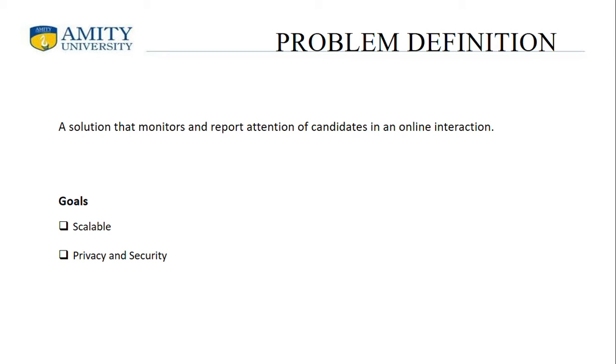Privacy and security. We are all aware of the backlash Zoom faced recently due to privacy and security issues. So we are expecting a solution that doesn't compromise privacy and security at any point of time. Cost effectiveness is a must because we are looking for scalability. When we are looking at a large audience, to reach the product to the last person in line, our solution should be cost effective. Platform independence is a must because there are various platforms like Google Classes, Zoom. Universities have their own portal to give lectures, so it should be integrated. It should be able to work with any of those.